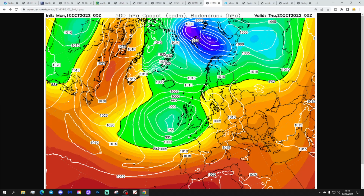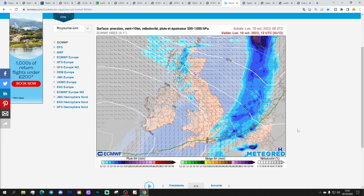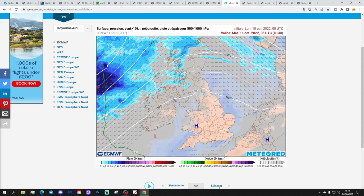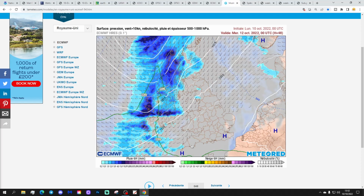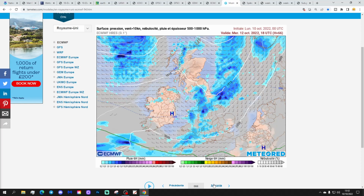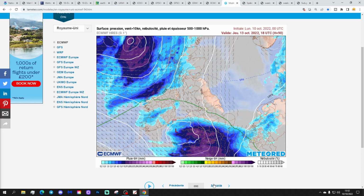We could see some really quite protracted bouts of rain here, I think, with this pattern. Precipitation forecast based on that ECM run from temeshow.com, showing plenty of dry weather in the south over the next few days, with wet weather generally being kept at bay out to the north and west until the end of the week, where you see heavy rain begins to start